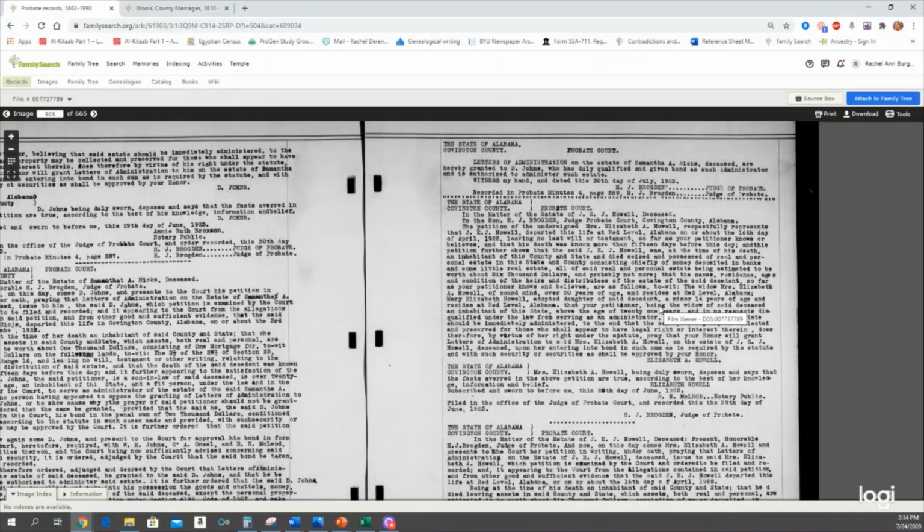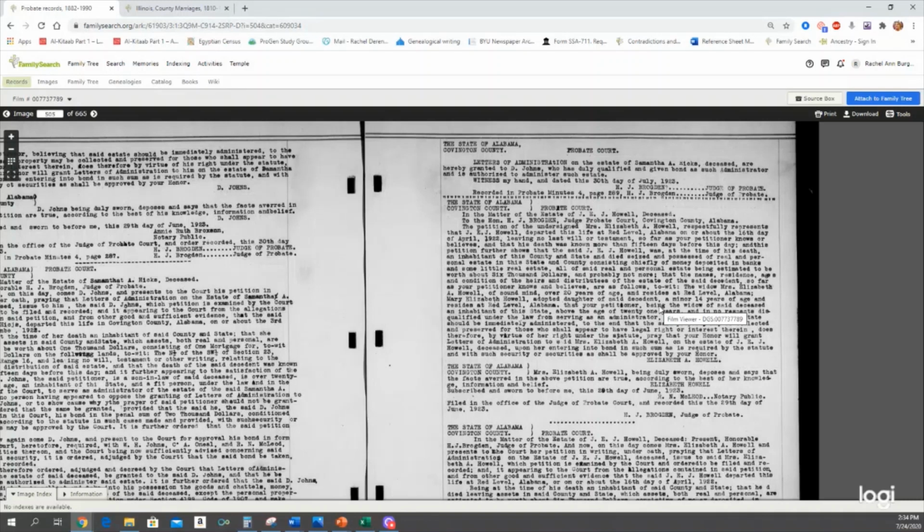Now, will this record pull for me in FamilySearch just on your general record search? No, not yet, because it's not indexed. So these are the things that you're going to want. This is why I recommend you just go to the catalog and look at the county. Look at the record groups that have birth, marriages, deaths, probate, whatever it is you are wanting to find, and see if they have unindexed records that you can search through.